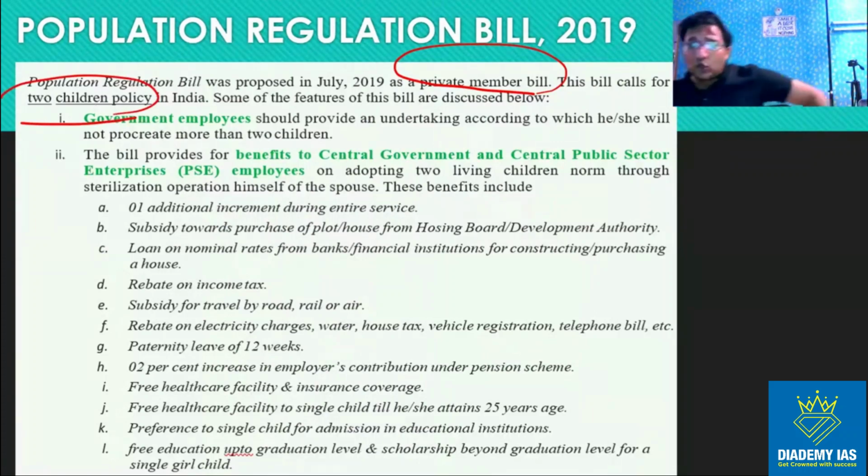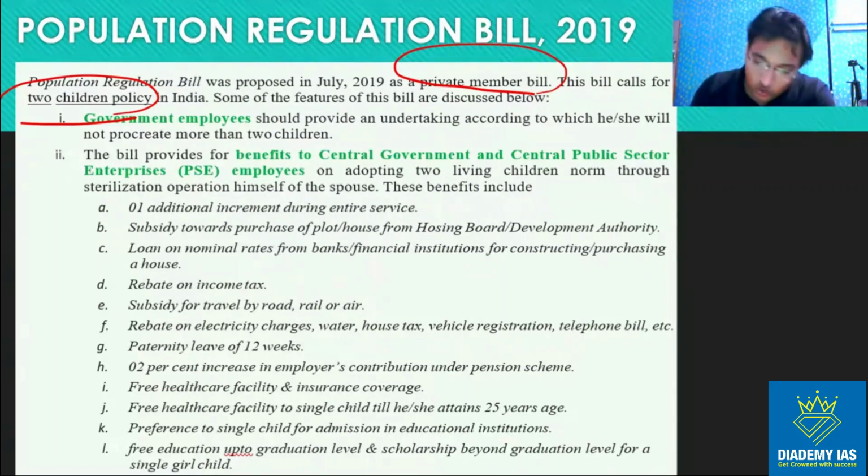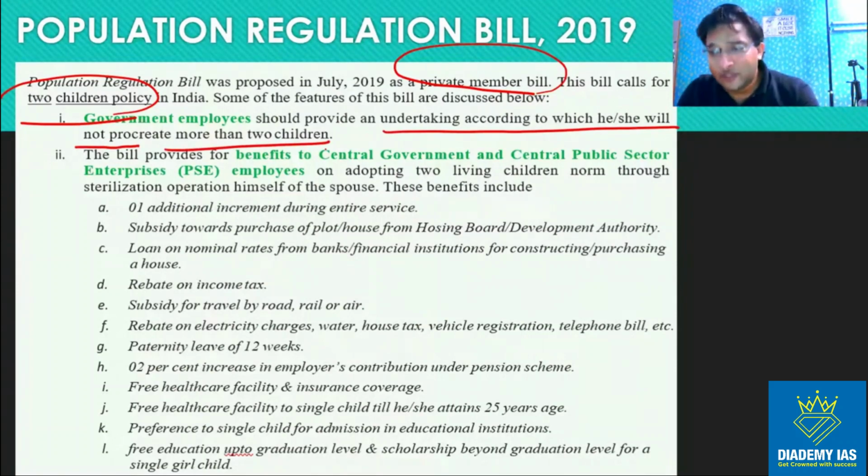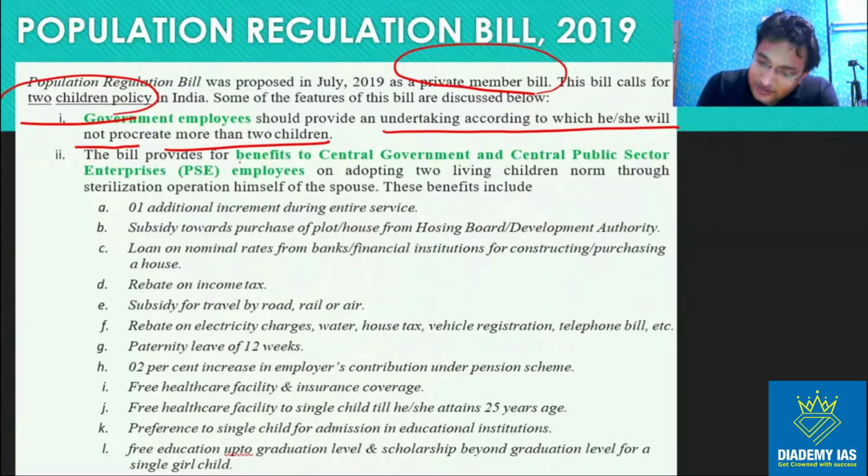You are not supposed to know each and everything, but you can see कि क्या इसमें proposal क्या थे, क्या बताया गया था इस बिल के अंदर, क्या कॉन्सेप्ट थे इस बिल के, वो हम देख सकते हैं, ठीक है। तो कॉन्सेप्ट ही गवर्नमेंट एम्प्लॉइज शुड प्रोवाइड अंडरटेकिंग अकॉर्डिंग टू विच ही और शी नॉट टू प्रोक्रिएट मोर देन 2 चिल्ड्रन। अगर आप गवर्नमेंट जॉब में जा रहे हो तो यू शुड नॉट प्रोक्रिएट मोर देन 2 चिल्ड्रन, ठीक है।